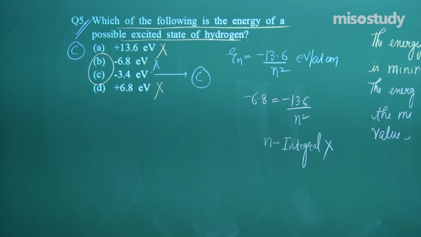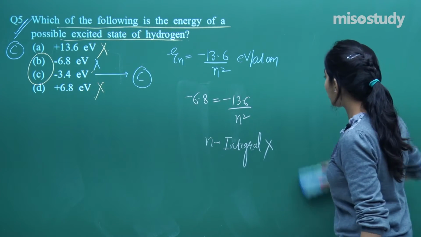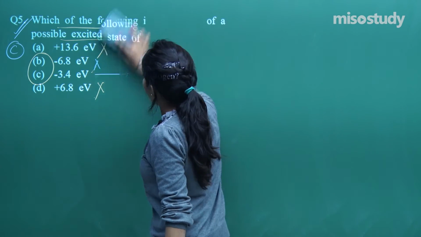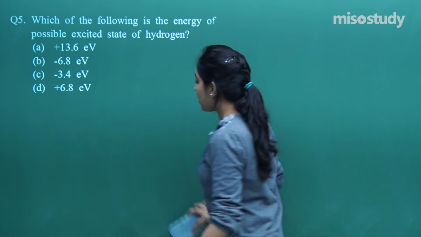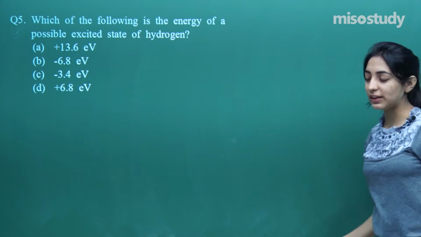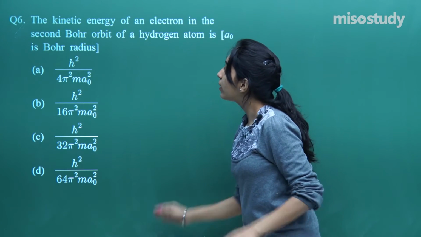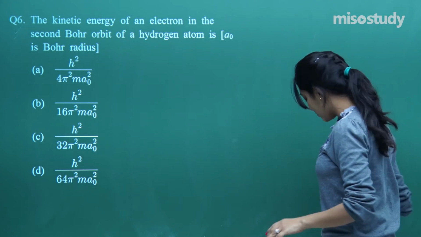So guys, done with the fifth question. Half of the questions are done, right? So you must be feeling nice. Let us move on to the other half of the questions, and in that series, let me give you question number 6. I am a bad teacher. I would not have given you an easy question for sure. So question number 6 says that, oh, it's not an easy question. So you should be like, oh, ma'am is bad.